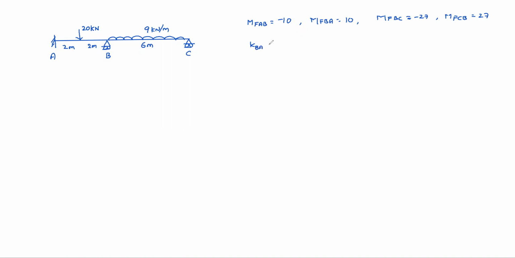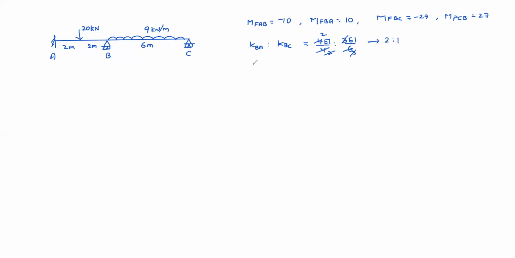Okay. Now what is KBA is to KBC equal to 4EA by 4 is to how much? 3EA by 6, right? So what is the ratio then? Directly you can put ratio 2 2s, 2 3s. So 2 2s, 6 is to 3, 3 cancel here. 2 is to 1, right? The ratio is 2 is to 1.